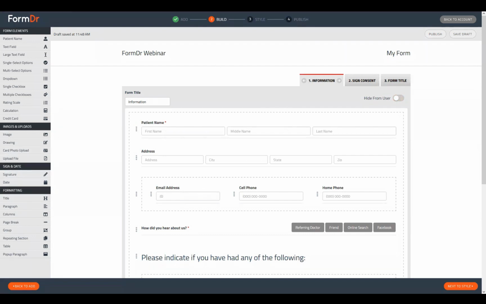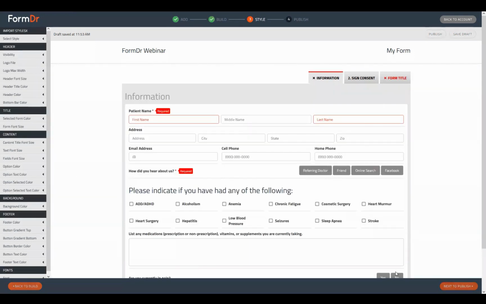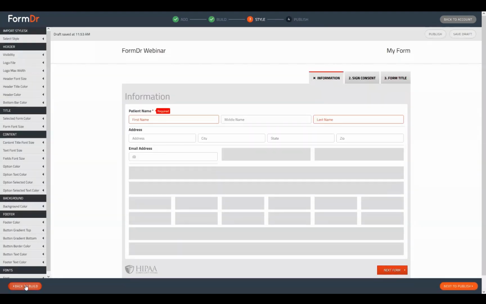Okay, we've got a question. The question is the easiest way to move an existing form that's a Word document to FormDr without sending it to us. It would just be to recreate that form using the elements in the builder. We'll go ahead and just publish this packet so we can get back to our